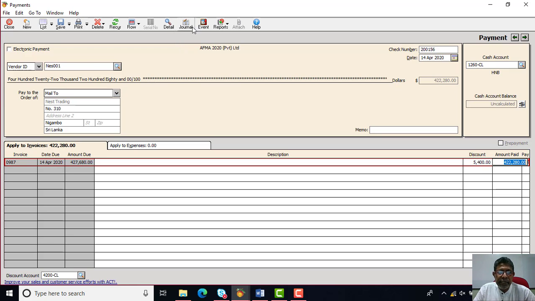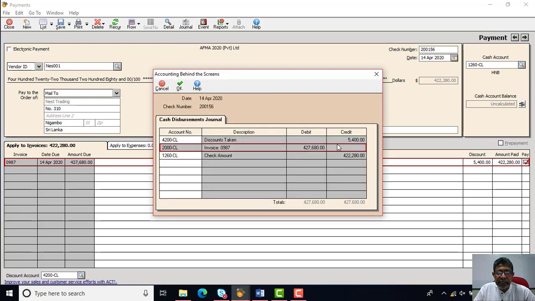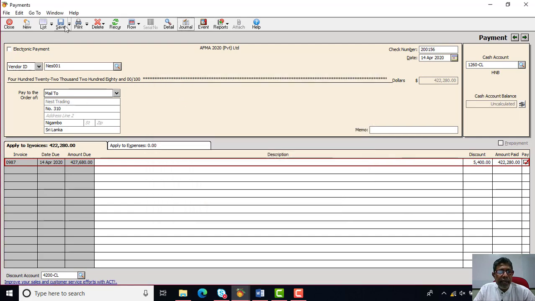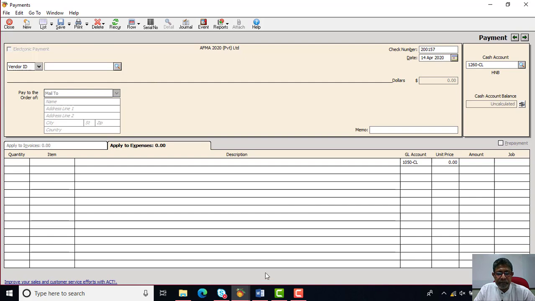Let's look at this journal entry, how the journals are created for this particular type of situation where a discount is involved. So in that situation, this is the received discount. You can see the discount received account will be credited. That is given like a received amount, so it's an income to us. Then the supplier's ledger will be debited with the full value, and the cash payment amount paid is credited to the bank and the cash account. So that is how the transaction is going to update the appropriate ledger accounts. So if everything is in the CL business, you can click OK and then save and update your transaction.